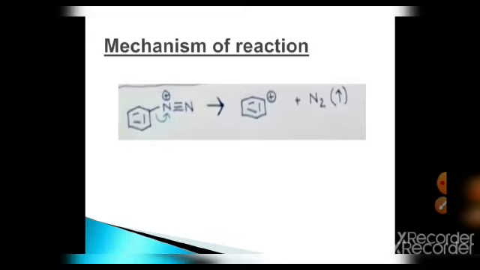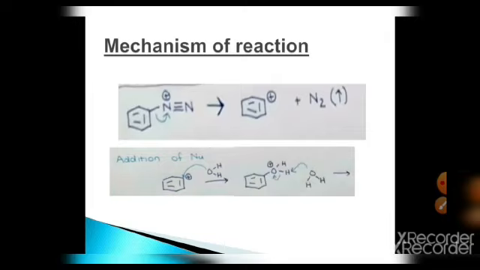This positive charge is unstable on the benzene ring, so in the presence of water it is converted into phenol. Water now acts as a nucleophile. It attacks the positive center of the benzene ring and makes a sigma bond between carbon and oxygen. Deprotonation takes place and water now acts as a base. It takes up the H+ ion from the reaction mixture and is converted into phenol.